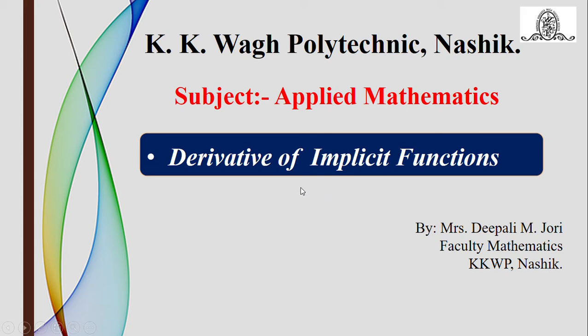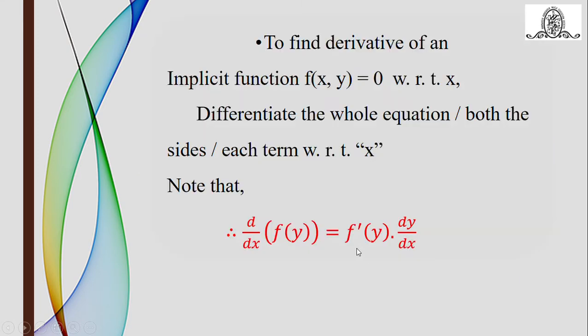In this video, we are going to see how to find the derivative of implicit functions. To find the derivative of an implicit function, you first have to understand what is meant by an implicit function, or how to write implicit functions. F of x comma y is equal to 0 is called an implicit function. It means that if x and y, the dependent and independent variables, are expressed together and we cannot separate them easily, then that type of function is called an implicit function.